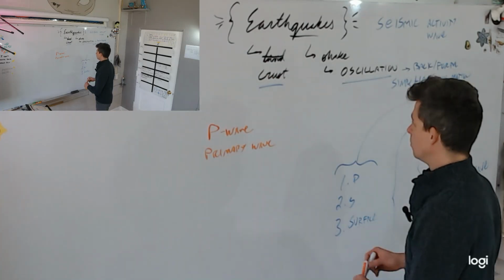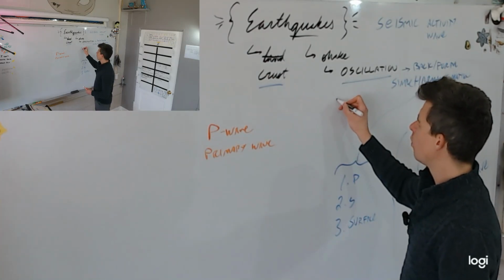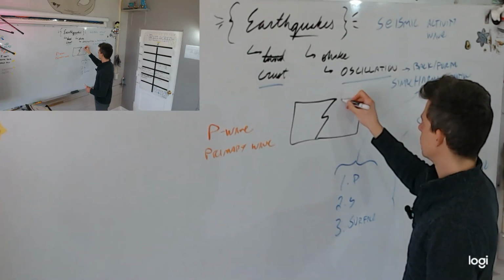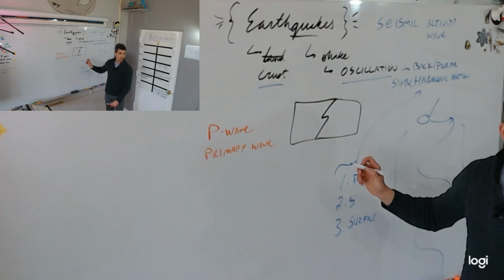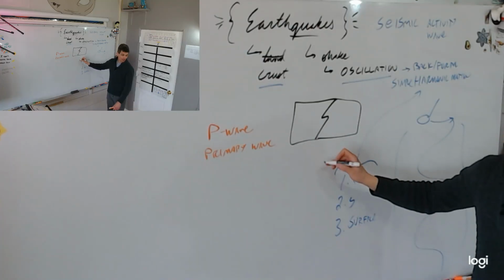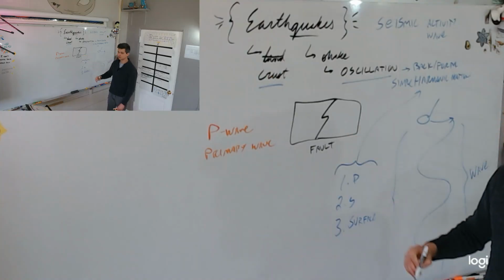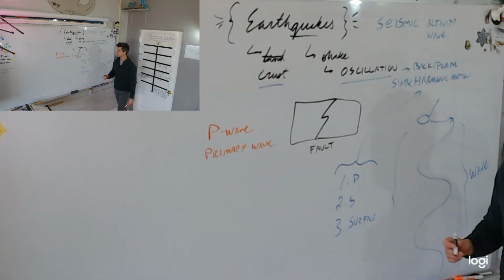This is a little by the way. Where is the earthquake happening, do you think? What have I just diagrammed here, very simply? In the lightning bolt, what do we call the lightning bolt in this diagram? Can you guess? Usually a fault. Usually either it will generate a fault or it will happen at an existing fault.